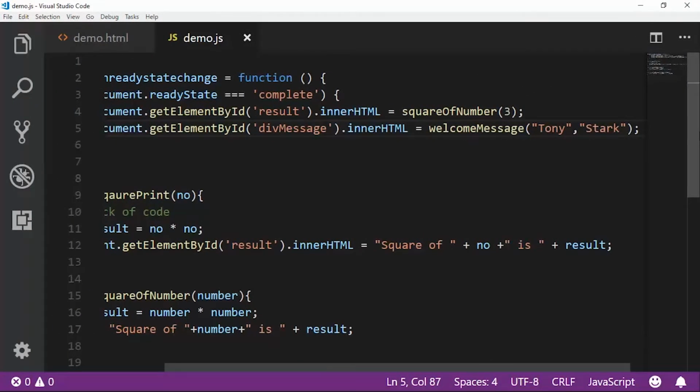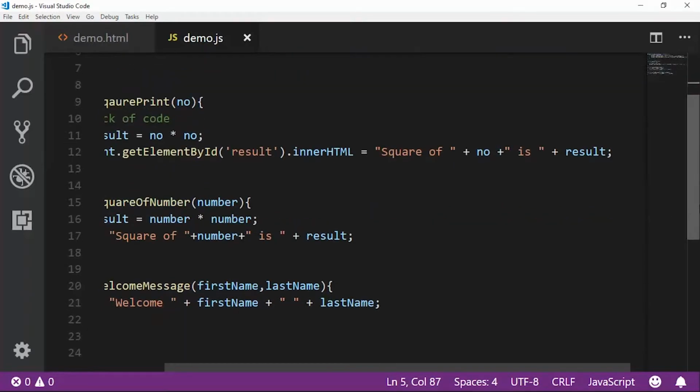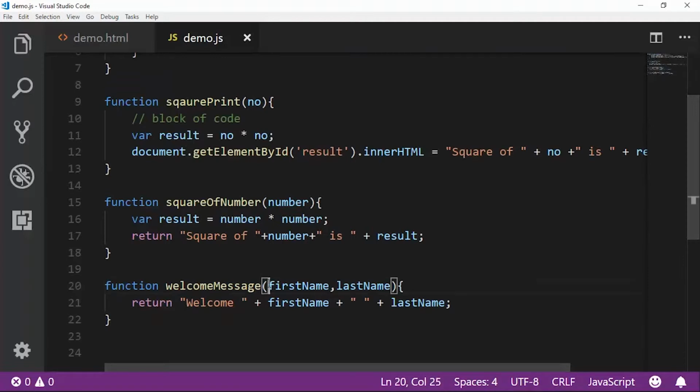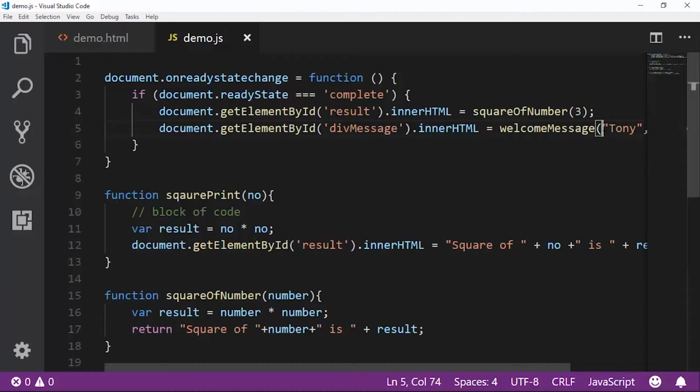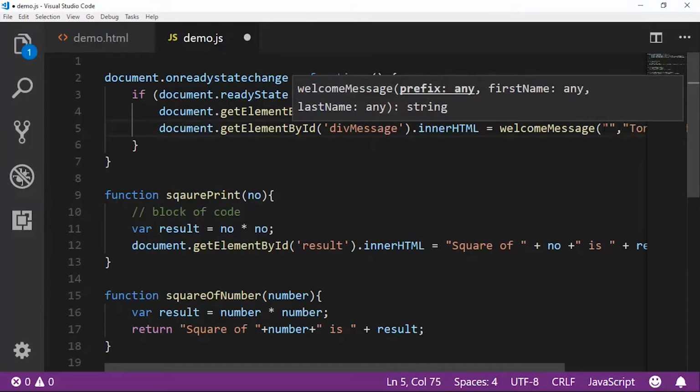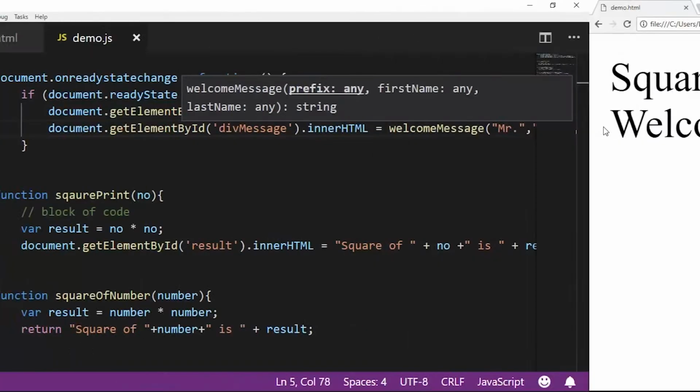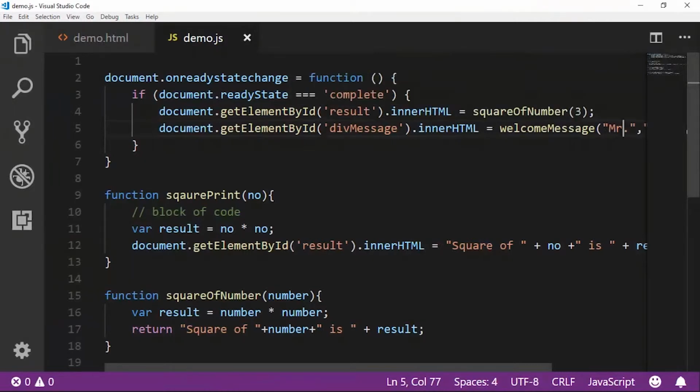Okay, you can also add some prefix with this name, like Doctor, Mr. For that we need to pass another parameter, say prefix, and add prefix. So prefix, and also we need a space between the prefix and first name, and we need to pass some prefix value like Mr. Okay, let's go, welcome Mr. Tony Stark. And then we can also change it to